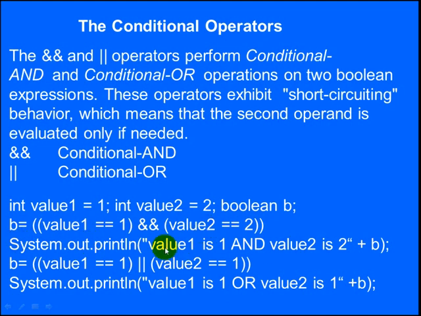So b equals true. If we print this statement, then we find that value 1 is 1 and value 2 is 2, plus b. b is true, so it is true. Now we are writing